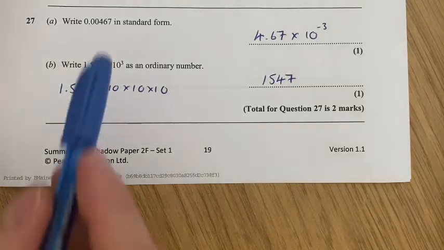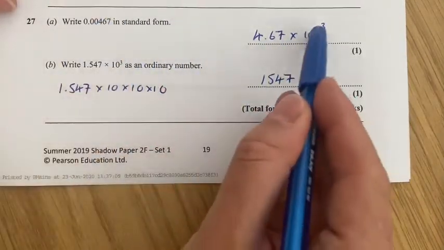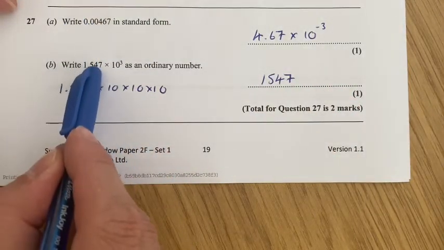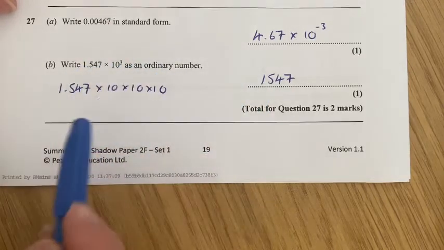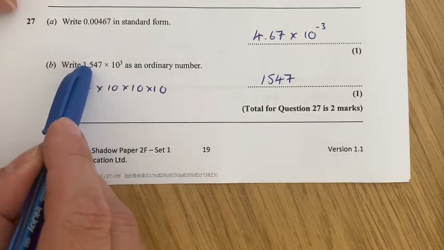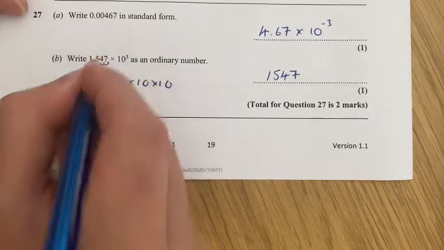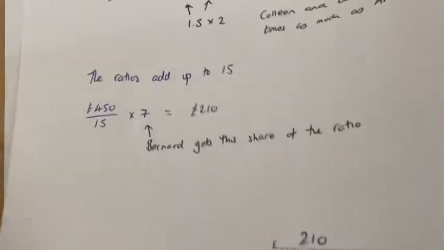0.00467 in standard form will be 4.67 times 10 to the power minus 3. Okay, negative power when it's a small number, and 1.547 times 10 to the power 3 is an ordinary number, is 1547. Right, times 10 times 10 times 10. 1, 2, 3. Okay, and the final question,